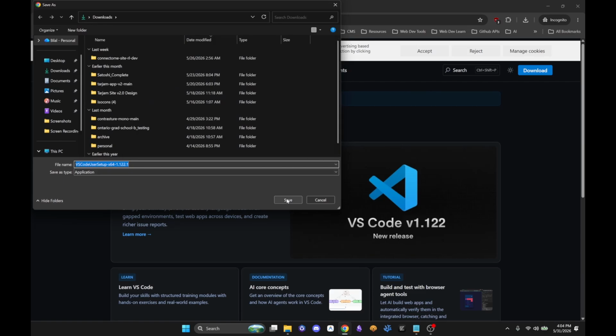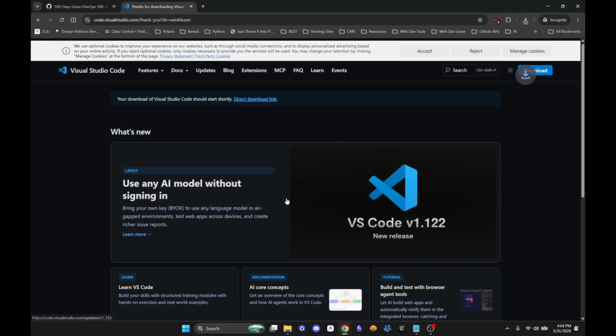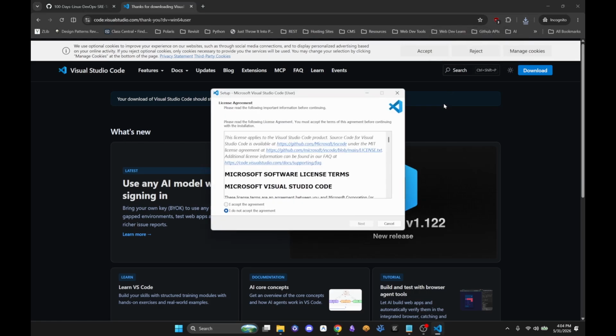So now it's going to save the Visual Studio executable in my downloads directory, right? And right over here, you just need to click on that Visual Studio Code icon, right? And it'll start the executable. So now it's running the executable, and there's a couple steps that you need to provide it before it starts to install Visual Studio Code